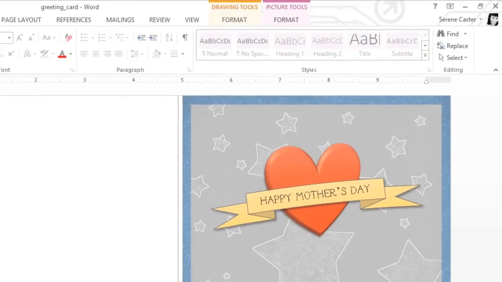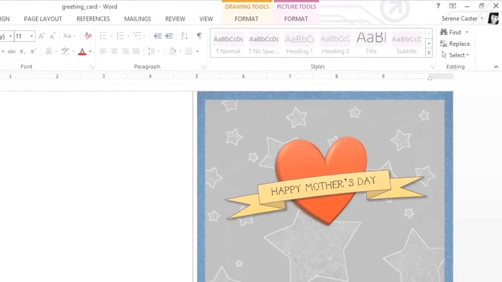There are lots of things you can do with shapes in Word. This graphic is just